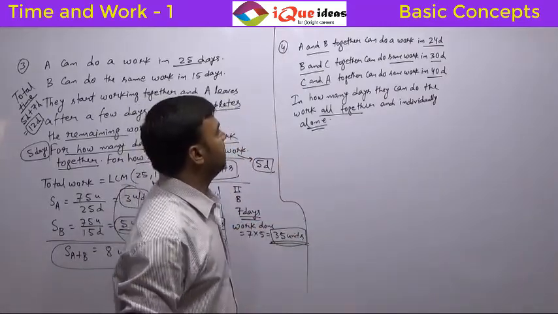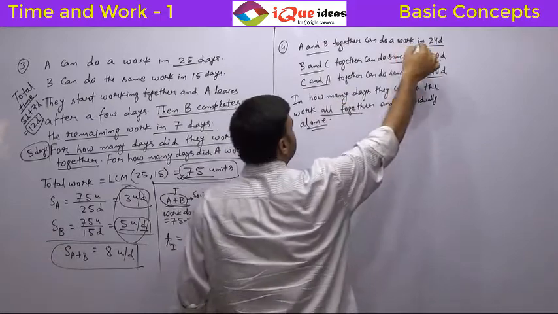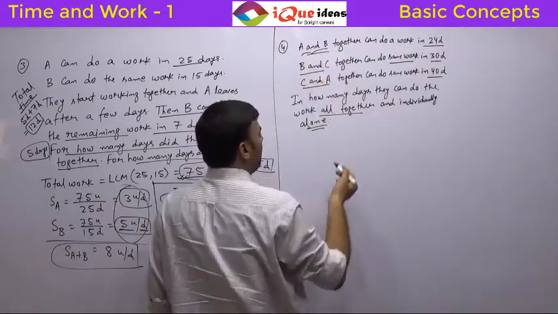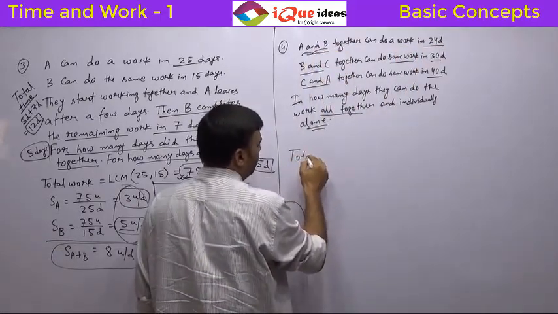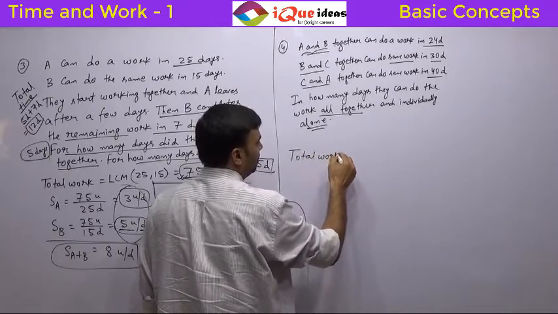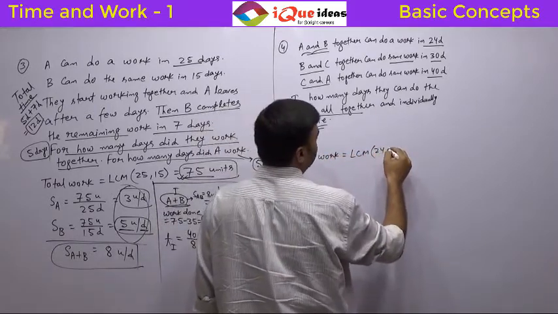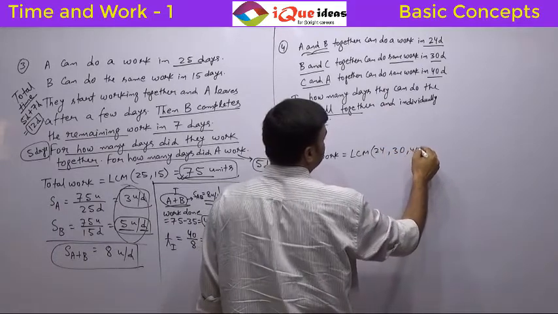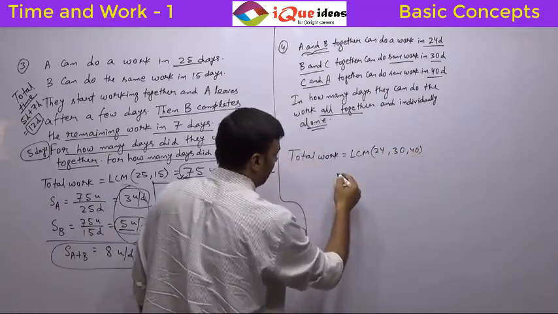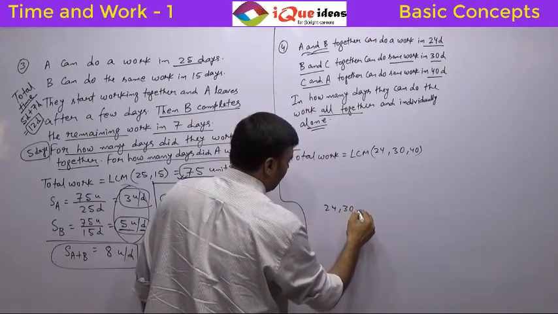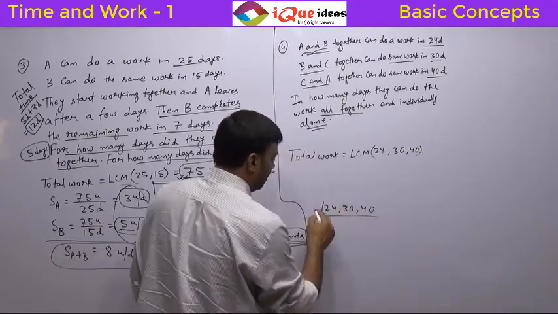So how do we do it? Here, the time is given for two people together. No problem. We can still go ahead and take total work. We can assume the total work to be LCM of the times. The times are 24 days, 30 days, and 40 days. If you calculate the LCM of 24, 30, and 40, the LCM will be, let's take